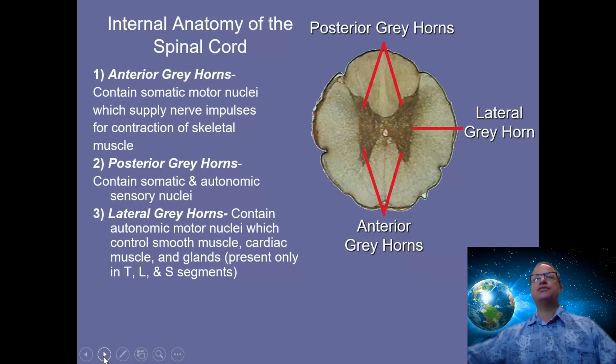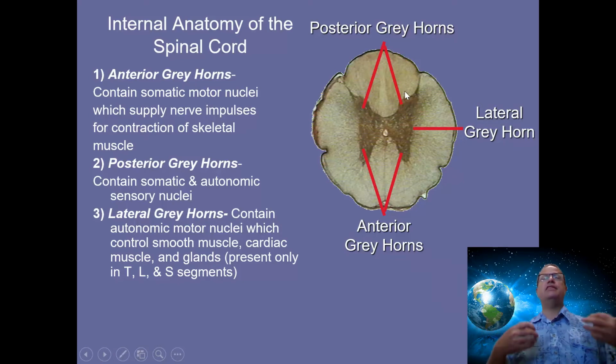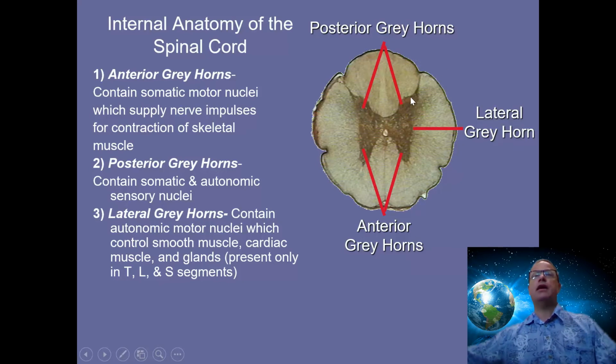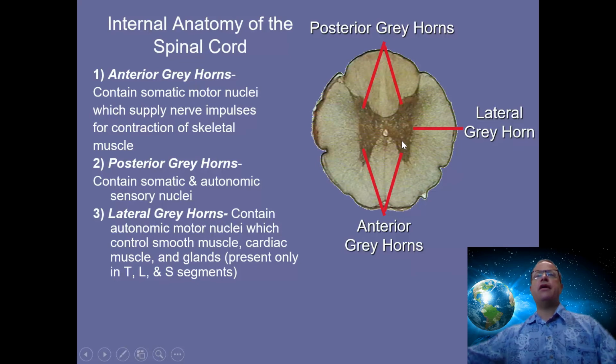Okay, let's look at the gray matter of the spinal cord. So again, we have posterior gray horns. These are the areas where we have the sensory information coming in from our dorsal root, and we might have interneurons up in here as well. Okay, and then on our anterior gray horns, this is where the cell bodies of our somatic motor neurons are located. So when your biceps or triceps contracts, the cell bodies that control them are located right here in our